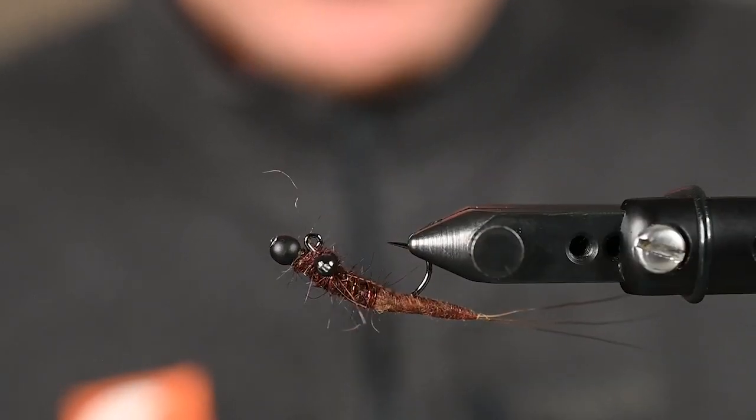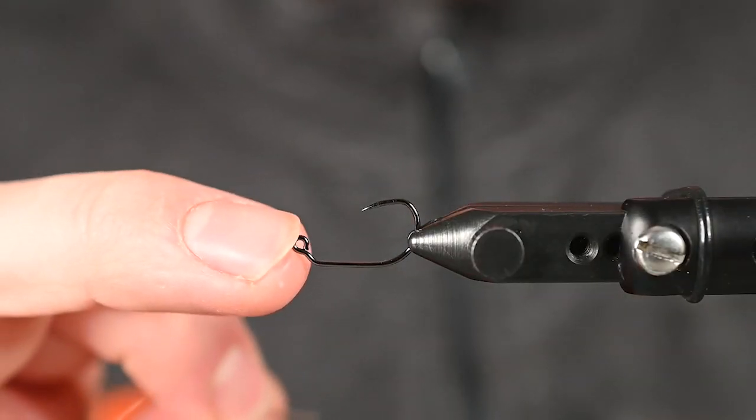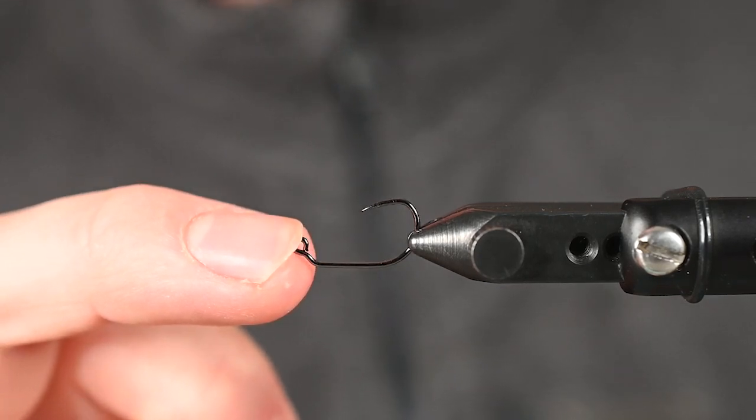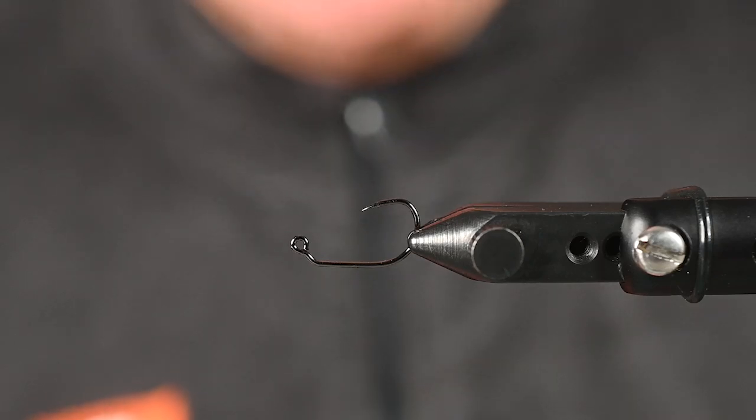Today we're tying some balance bugs with some Spawn Simi, and this is a good one. Alright, in the vise we have an Ahrex FW551 size number 8. And this is a balanced fly, so the first thing we're going to do here is